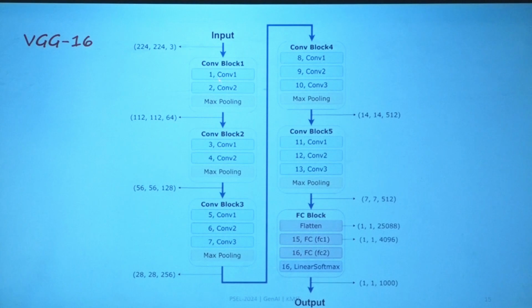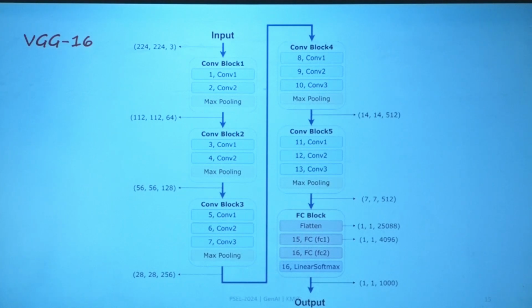So just have a look at this. This is the first convolution block. The second convolution block has 2 convolution layers, and you can see the layer numbers 1, 2, 3, 4. Next is the third block, 5, 6, 7. In the third block we have 3 convolution layers followed by the max pooling, and the fourth block is similar, the fifth block is similar, coming to the last one. Up to this block you reach 13 layers. So the outcome of all these 5 convolution blocks is an image of 7 by 7 with a total of 512 output features.